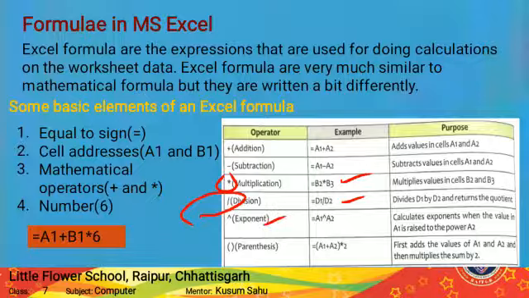Here you can see the formula used for exponents, that is A1, the exponent sign is given there, then A2. It calculates the exponent when the value in A1 is raised to the power A2. Meaning it calculates the power values. So as you can see, all the formulas start with the equal to sign. So in Excel we will use all these formulas to calculate the values of the particular cells which we want to calculate.